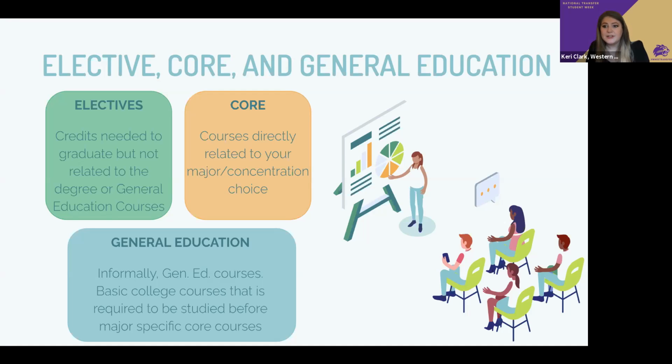So if you're a business major, it would be things like business law, things of that sort. General education, or informally known as Gen Ed or liberal study courses. These are basic college courses that are required to be studied before the major specific core courses can be taken. So these are things like your intro to English, intro to biology, math, history, art appreciation even is sometimes a